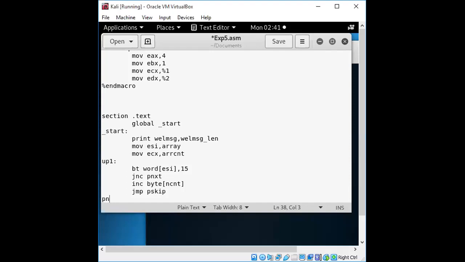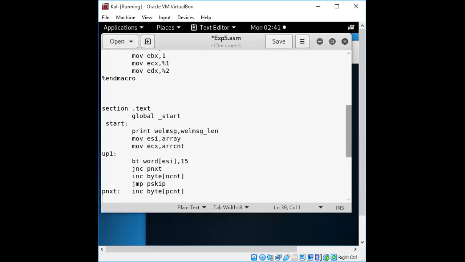Okay, now next it will take the elements one by one, right? If it is identified as a number, right? So the next section will go to the part for increment. Okay, so that is the next value that you want to get. So it might be positive, so we'll get that value as p count.